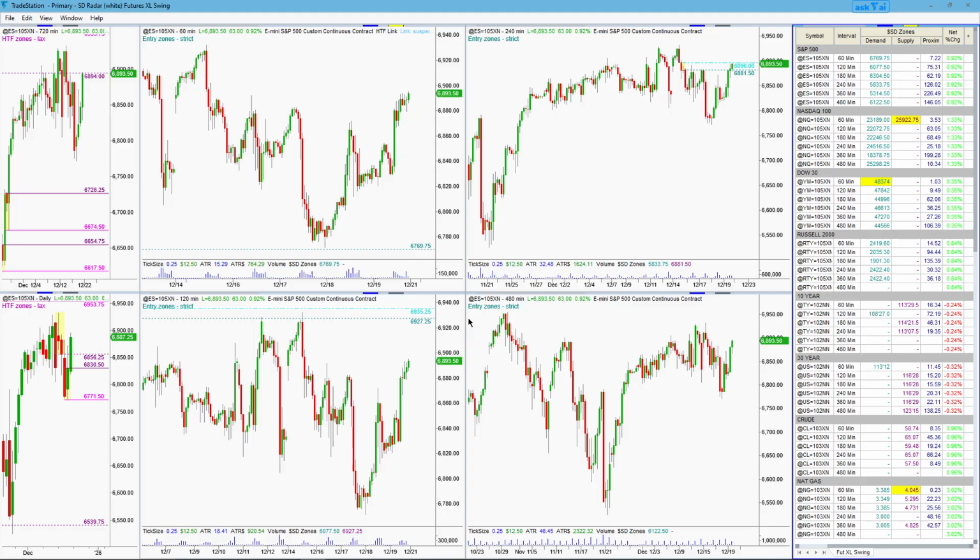The other thing to be aware of, if you've never used the Excel Swing workspace before, is it takes forever to download the first time because it has to download so much data. In TradeStation, data, in the case of minute data, works so that it's not the number of bars, it's the number of total minutes that adds up. And the total number of minutes, because of the very high intervals we have here, is just colossal. So that means it can take a long time, many minutes. Well, no pun intended, but it can take 5-10 minutes to download this and fully populate this the first time,